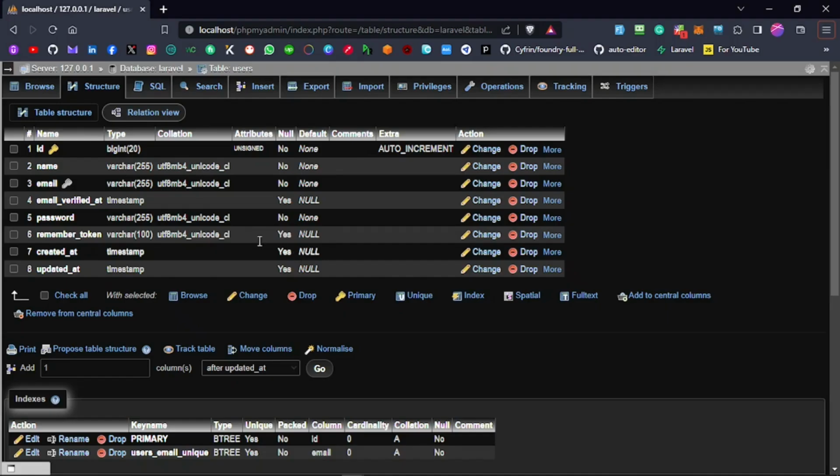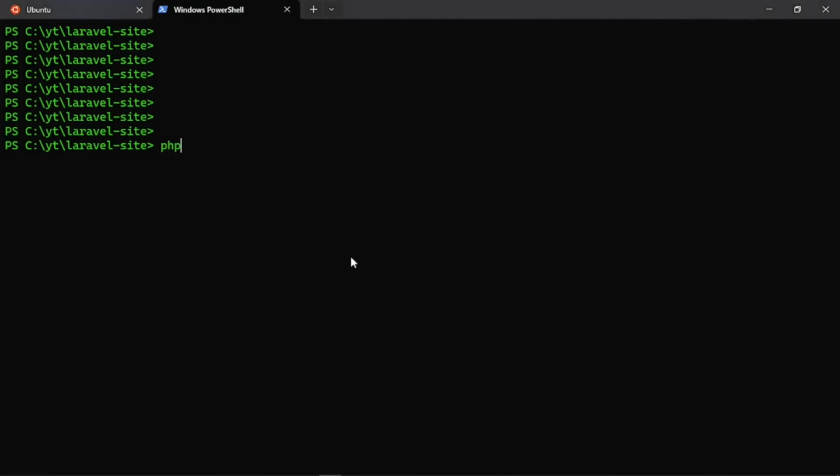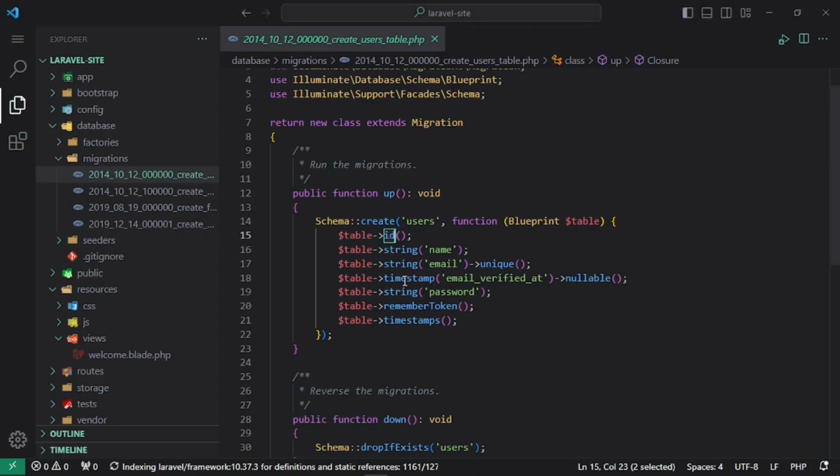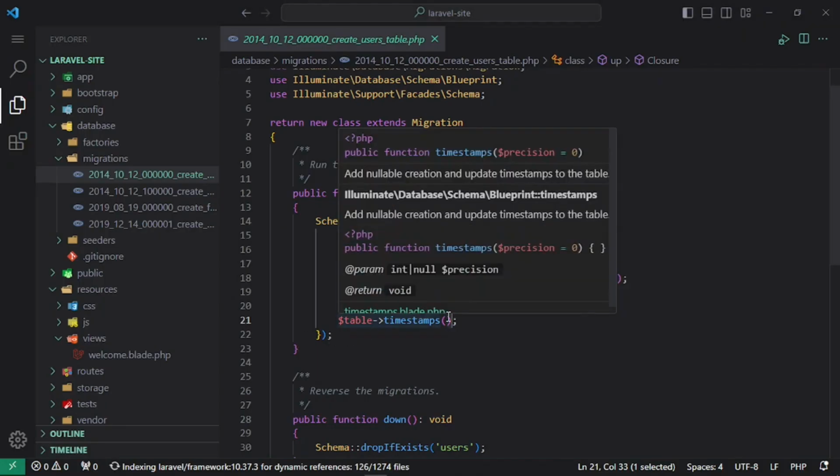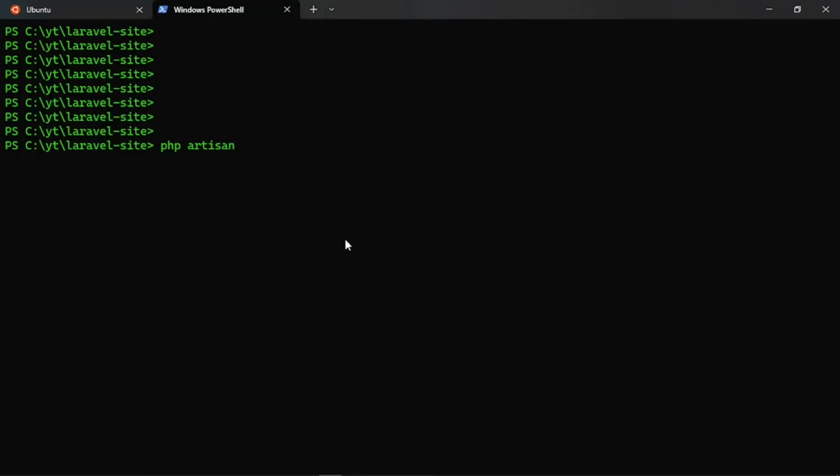So now let's say I want to add username to this. The way we can do that is to create another migration. We can add this to the existing migrations, but for that we will have to purge the existing migration, and by doing that we will destroy all the data that we have in the users model so far. So if we want to keep the existing data and add more fields to it, then the way we can do that is to create another migration